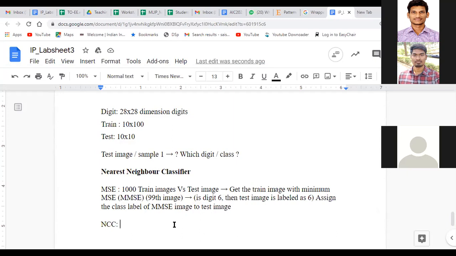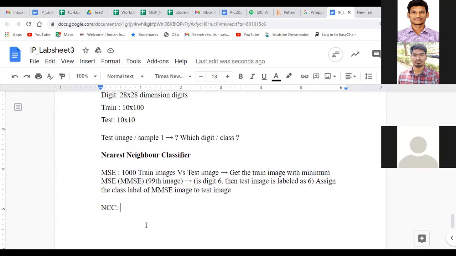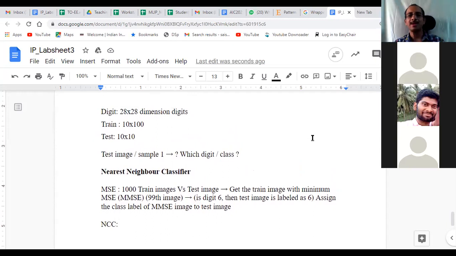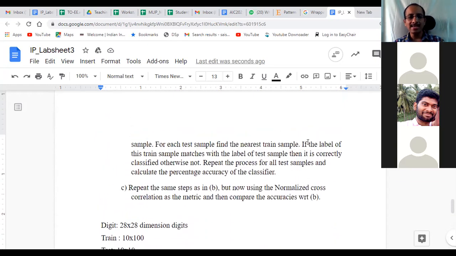Yes, sir. In the mean square error, we are trying to find the minimum error. But here, we are finding the matching percentage. How much is matching with that image? Right. Similarity score we are trying to find. Yeah, similarity. There we are finding error. So which one will I pick now while comparing? Will I pick the minimum normalized cross correlation, or the maximum? Maximum cross correlation, because it's a similarity metric. That's the only difference. Okay, that is the exercise.